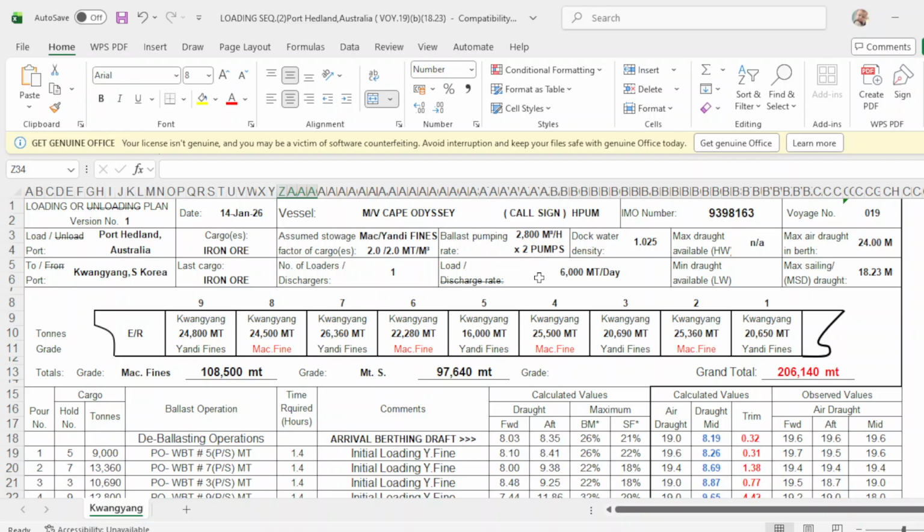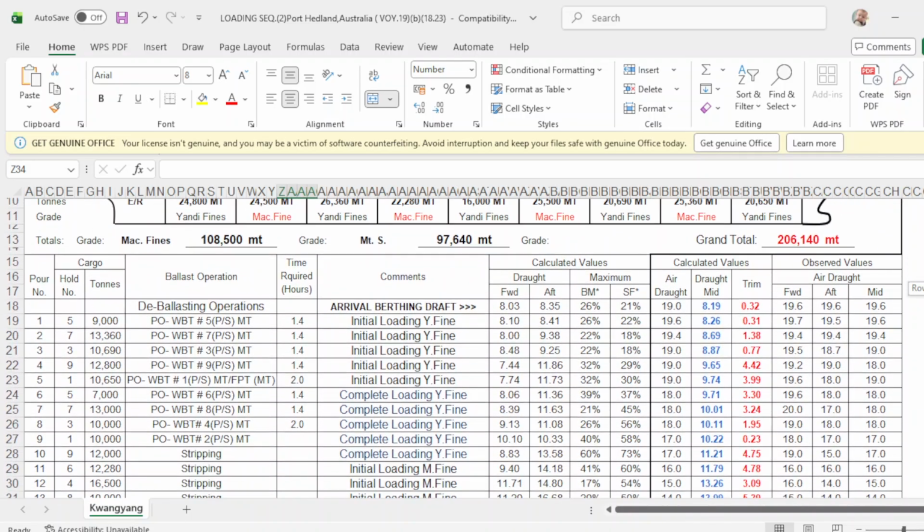The local density is 1.25, which is seawater, and the maximum air draft at berth is 24 meters, and the sailing draft is 18.23 meters. There are two types of cargo, the Yandi fines and Mac fines. Total cargo to load is 2,640. So this is the loading sequence.